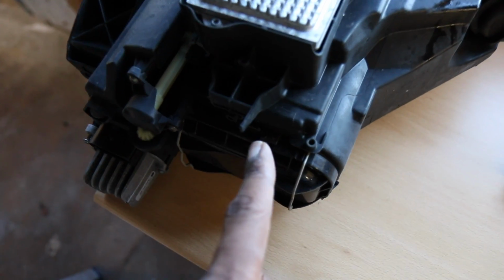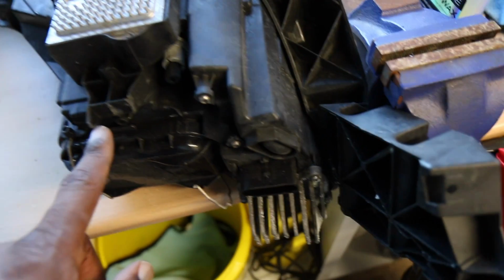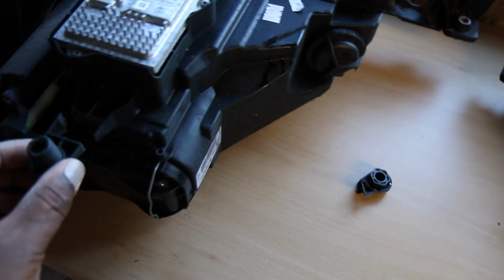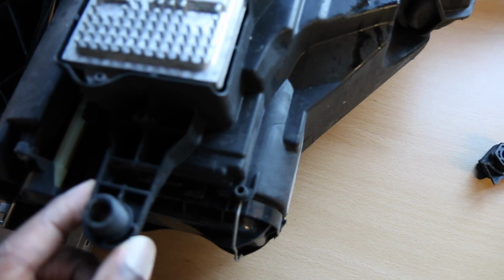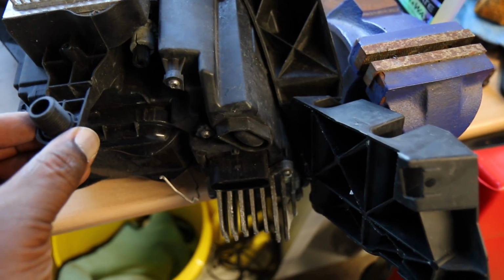So on this one here, you can see, hopefully, this tab here, well, that's gone, that's broken. Okay, on the other side, it's gone in exactly the same place. So here's the tabs in question, and as you can see on this one here, it fits perfectly over here. Okay, so that's that. And then on this one over here, this is the other side, this fits onto that